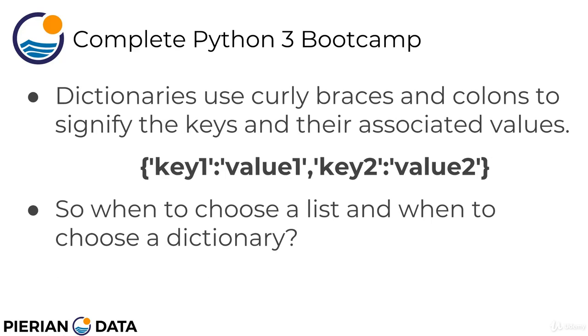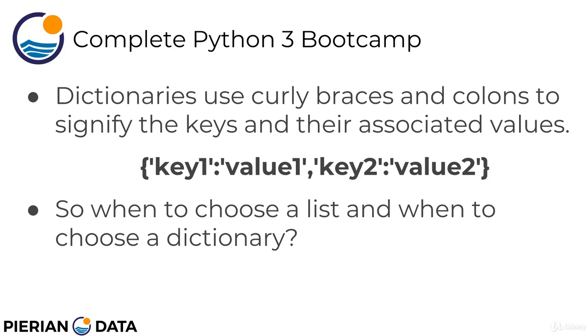And the dictionary syntax uses curly braces and colons to signify the relationships between a key and their associated values. So here we can see the curly braces, and then we have the string key, so key 1, then colon, and then whatever value is associated with that. In this case, we just have a string called value 1, and then we have a comma for the next